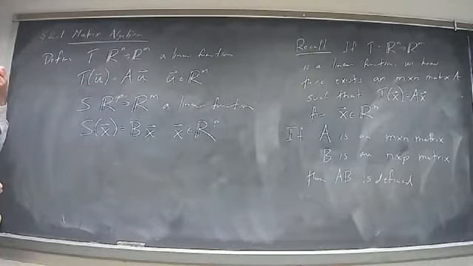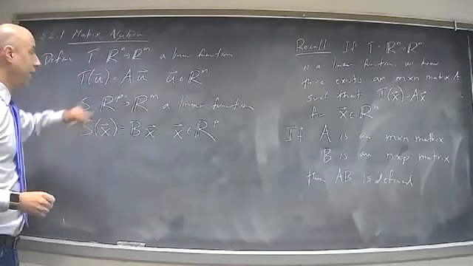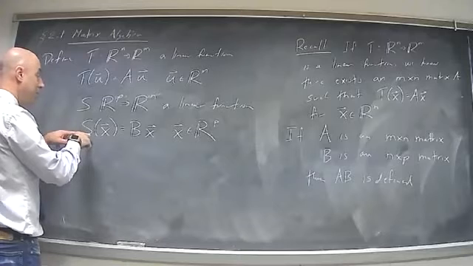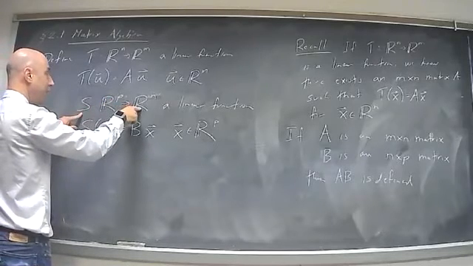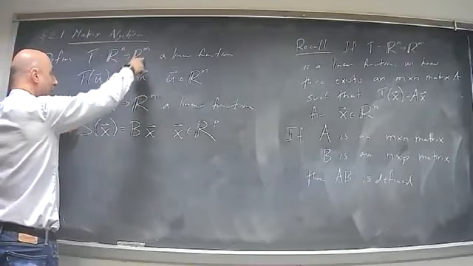Wait a second. Did I get that right? Rn. Yeah. Wait a second. Sorry, this should be from Rp to Rn. That's why I was confused. So since I have a linear function over here that goes from Rp to Rn, and another linear function that eats vectors in Rn and spits out vectors in Rm, I can compose